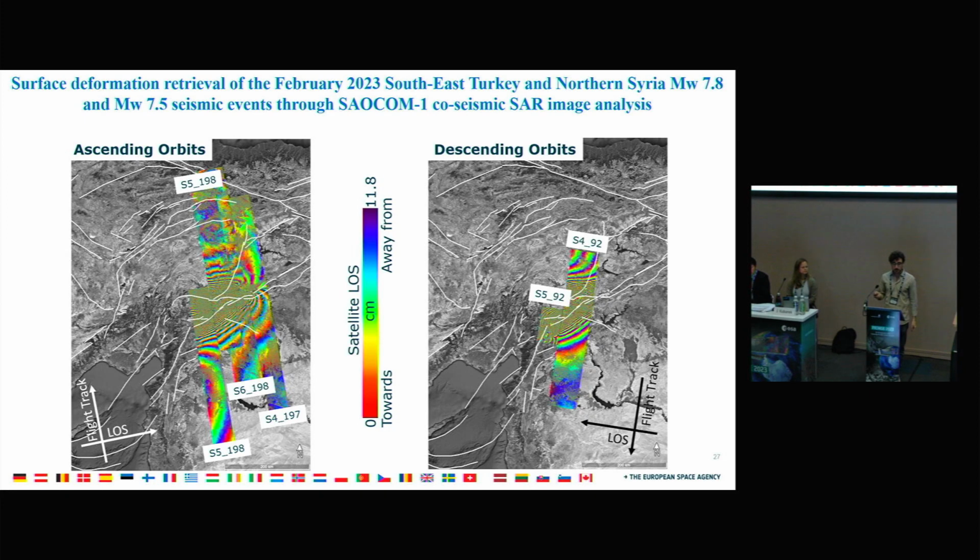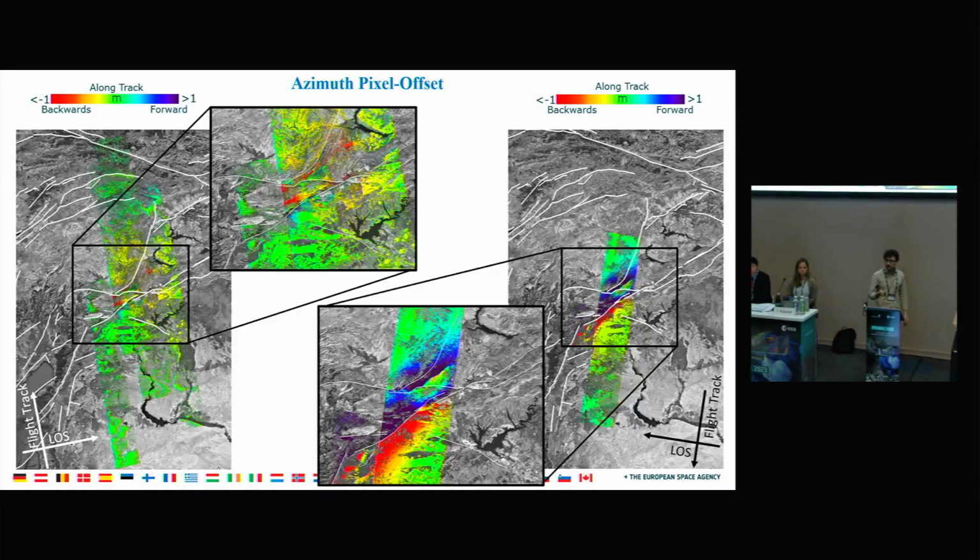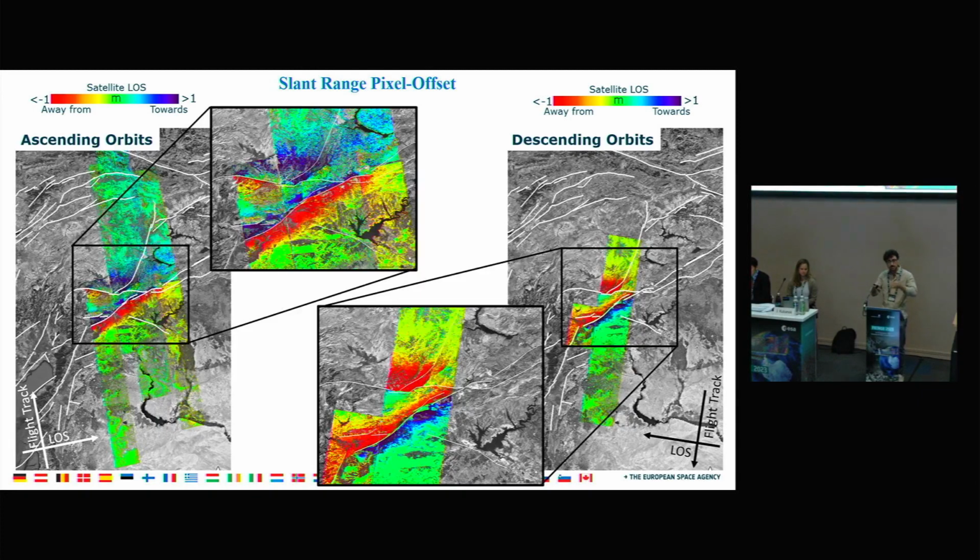And so we have also a StripMap acquisition mode with a pixel spacing of more or less 4 meters, so a good pixel spacing. Okay, so we estimate also the azimuth pixel offset, and for sure for ascending and descending, you have also the slant range pixel offset that clearly shows the differential movements along the faults affecting and located in this area, and we benefit also